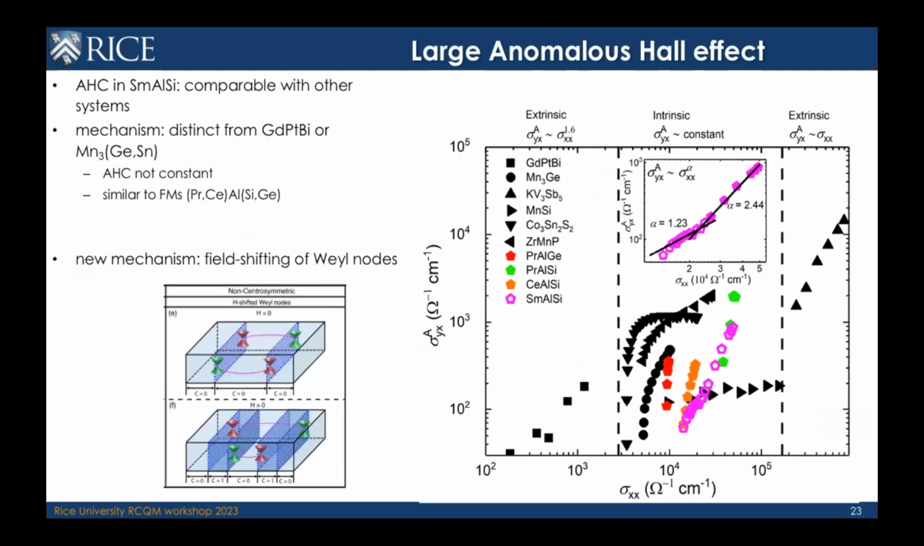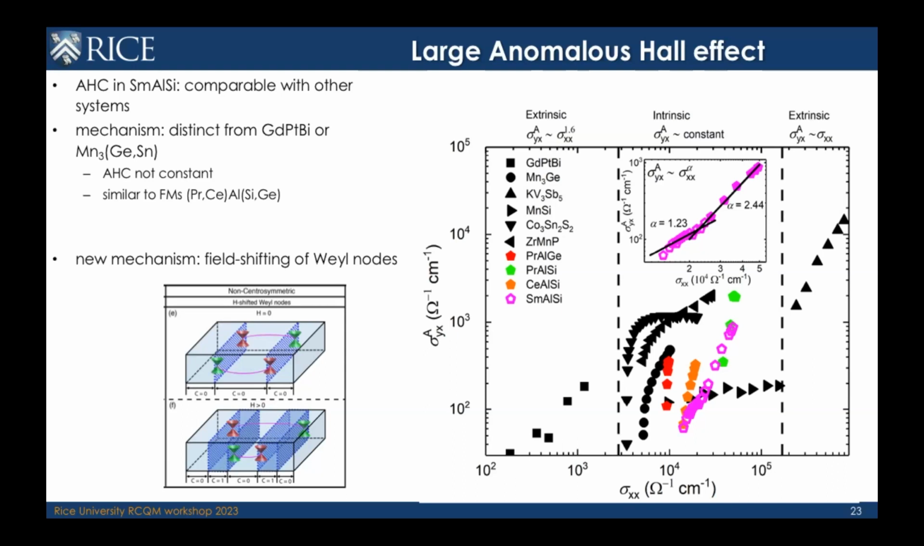When we compare the anomalous Hall contribution in samarium aluminum silicon with most of the other topological systems which do show large anomalous Hall, here's the summary of what the anomalous conductivity looks like in most of these systems, with the samarium aluminum silicon shown in pink here. And what you notice is that the absolute value of the anomalous Hall in samarium aluminum silicon is comparable with that in most of these other